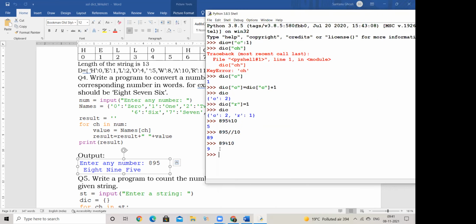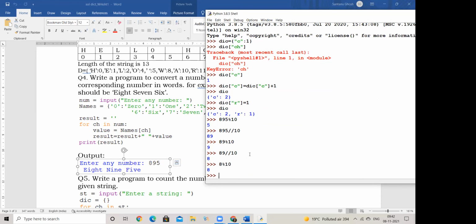Then I was able to extract my 9. Now to get 8, what I have to do is I have to do 89 double divide 10. I get 8. And then I am going to say 8 modulus 10, which gives me 8. Right? So this way I was able to extract the digits of the number numerically.